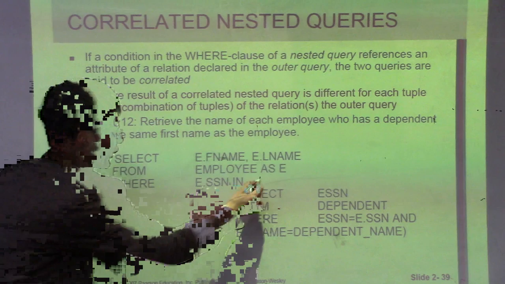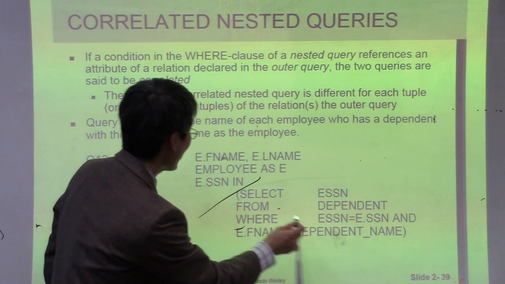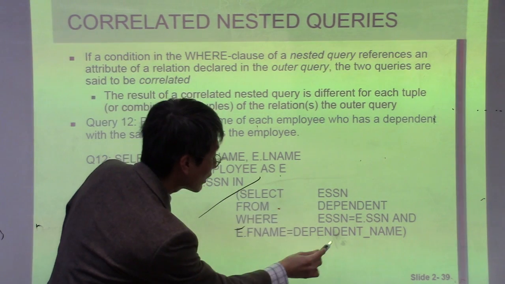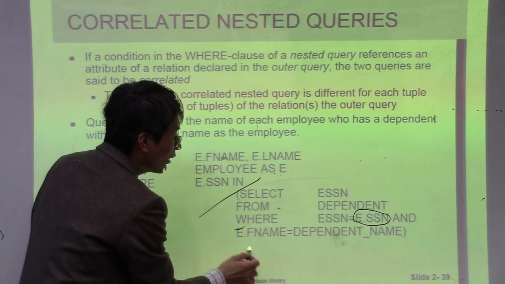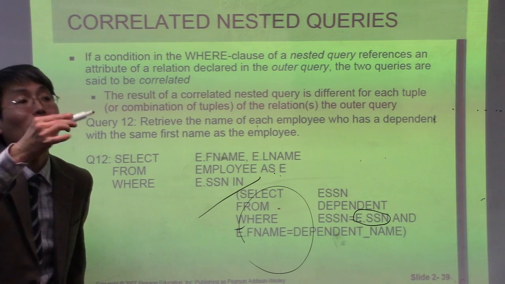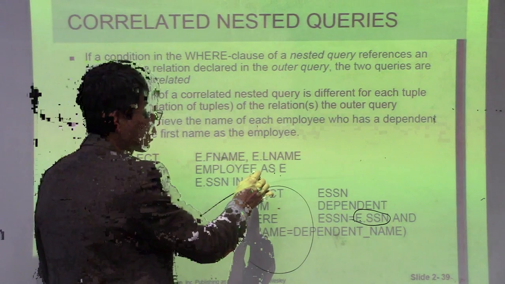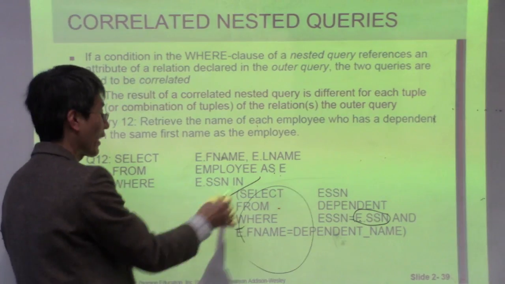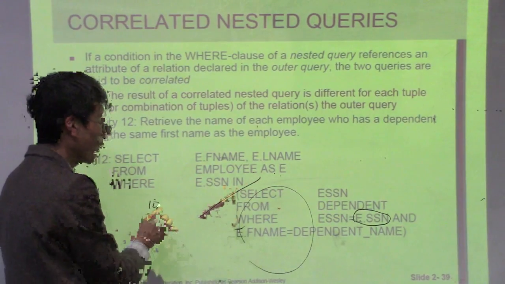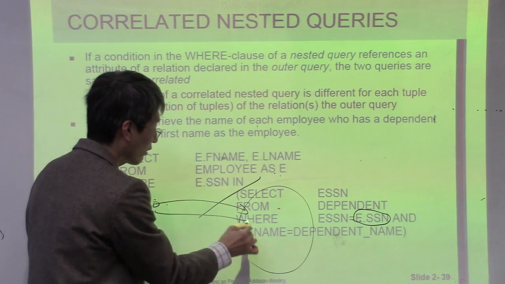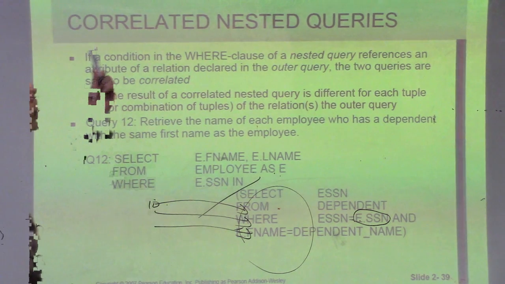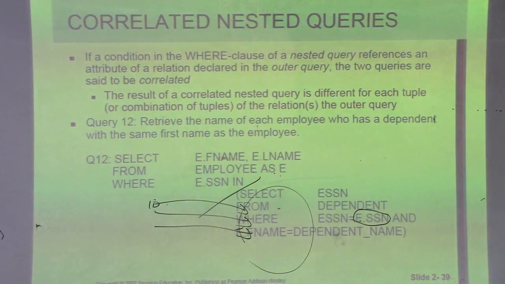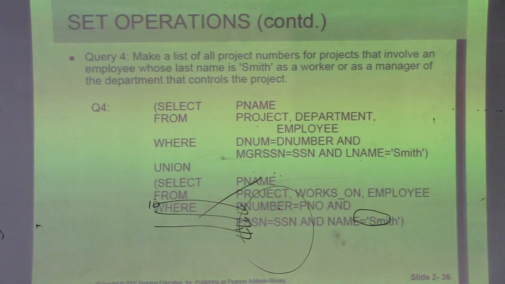However, this one you cannot actually separate. Why? Because it has E.SSN. Depending on the E.SSN, you need to run it every time. For example, you may first get 10 employees, 10 SSNs. First one, run. Second, run. Third, run. Like this. This is called a correlated query. What is the difference? When you execute the query inside the DBMS, it cannot use such a way